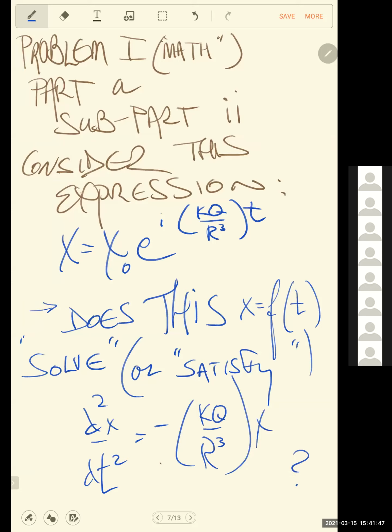Okay. So the next question, notice we're still assuming the same original differential equation. That's why this is all a part of part A, right? In part A, we're given this differential equation, which hopefully we recognize is some kind of harmonic oscillator. It's not saying that, but hopefully we see that the reason for this math is that the differential equation is some kind of harmonic oscillator, but it has something to do with K's and Q's and these numbers that we don't know anything about.